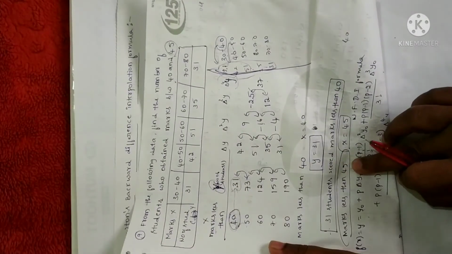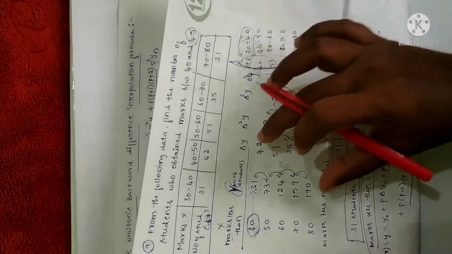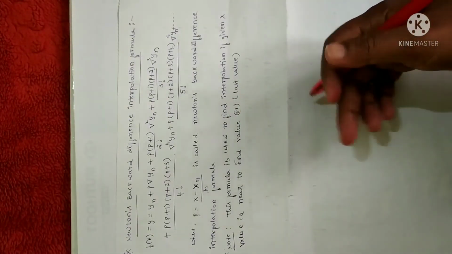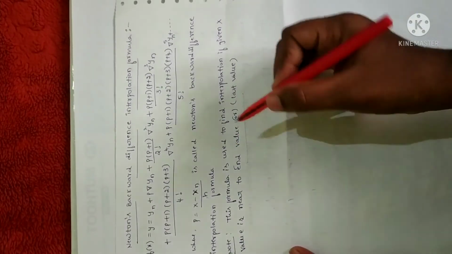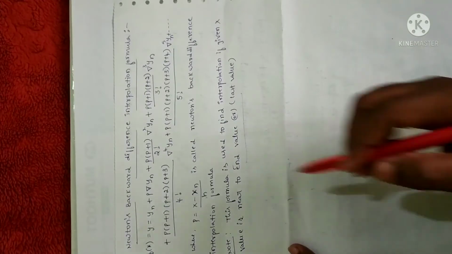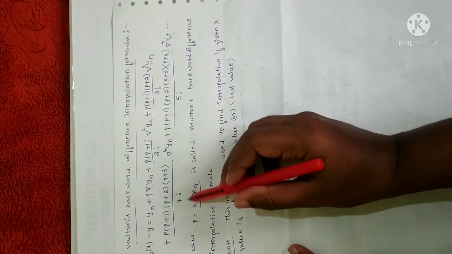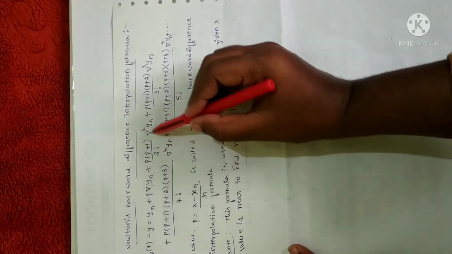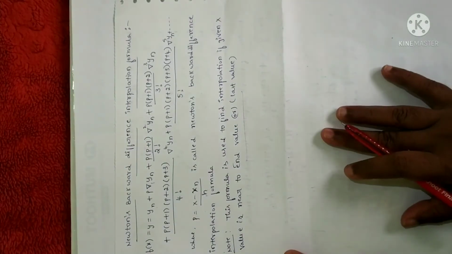See here, 45 is nearest to the first number, that is why I have used the forward difference and constructed the forward difference table. This method will be useful when the given value is nearer to the last value, the end value. Then we can use the backward difference formula. Remember, the operator here is nabla, or reverse delta, and the p value will be (x minus xn) by h. Wherever you have minus, except in the p calculation, everything will become positive. So this is the Newton backward difference interpolation formula.